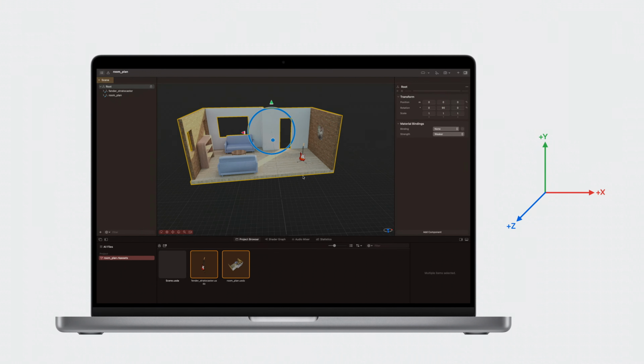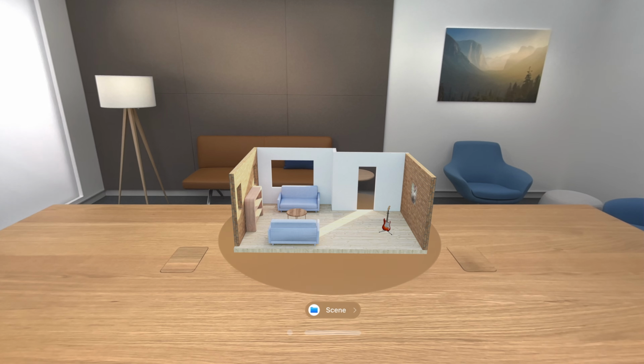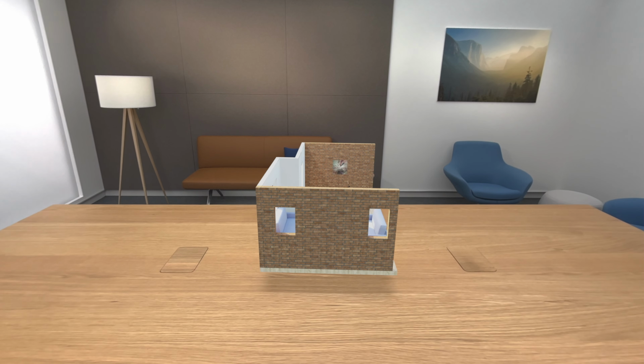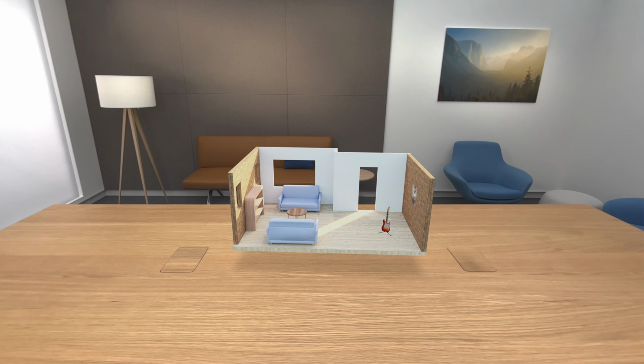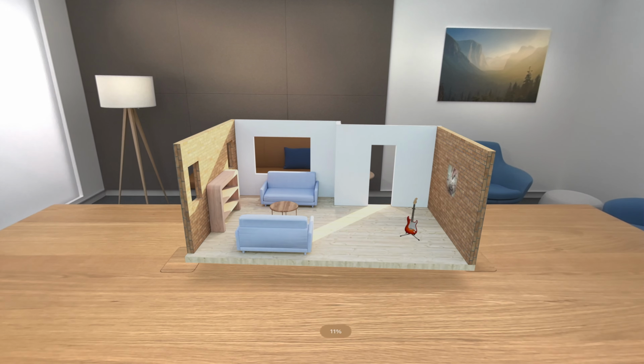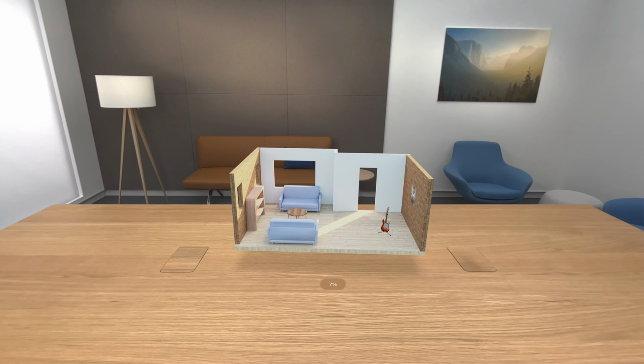Let's again use Device Preview from Reality Composer Pro to check out the changes to our model. Now, the orientation is fixed, and we have a much better view on this great-looking model. Okay, let's explore this asset even further and get a different perspective and see a few more details here. To do so, you can use a pinch and drag gesture to rotate the 3D model and view it from different sides. This gives me a really good view on the different parts of our room. You can also use two-hand pinch gesture to scale the model and see more details.